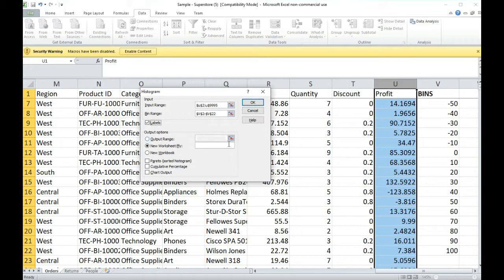And then the output options, you can either output them as numbers to a specific place on the cell, or you can output them onto a new worksheet, which will be another one of these worksheets, or a new workbook, which will be an entirely new project, an entirely new file. So we'll just leave it as it is, new worksheet. And then we've got these options of Pareto sorted histogram, that's quite technical, cumulative percentage, or chart output. I'm just going to select chart output, which is the basic frequency distribution, or histogram. If it was cumulative percentage, that would be a cumulative frequency distribution, but we just want the basic frequency distribution. And then you click OK,